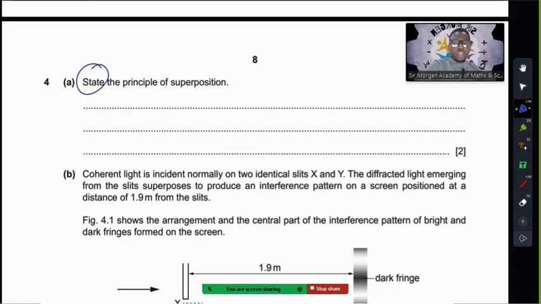So when you're stating this principle, you have to say it like you're telling someone else. Okay, so this is how we answer this one. All right, so the principle of superposition states that